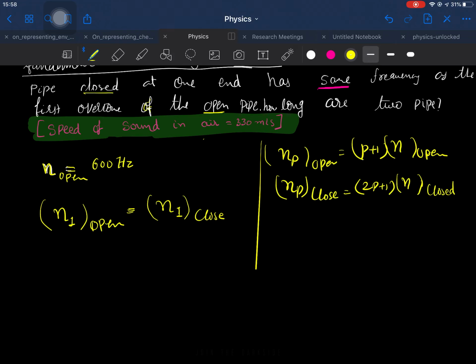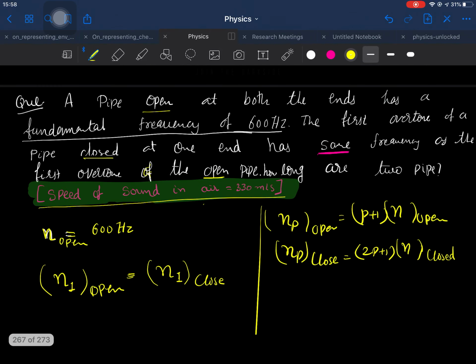Remember one more thing I want to point out: many times they will not give you this information. Whenever you have a pipe question, we are talking about the vibration of air molecules, so you are talking about the speed of sound in air. Generally the speed of sound in air is 330 meters per second. Sometimes it is not given, sometimes they give it, but for the safer side always remember this. If you don't remember, later you may feel confused. Understood? So the velocity of sound in air here is 330 meters per second.